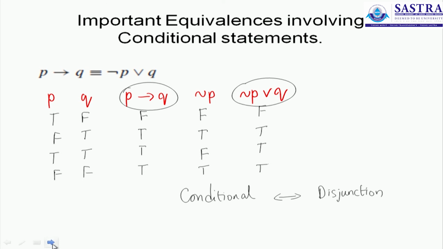So these properties will be used when we take up validating certain statements and arriving at certain statements as conclusions in theory of inference. So we have verified them now, so you don't have to worry whether they are right or wrong, and I have left a couple of them for you to solve on your own as an exercise. So all in all, we have learned how two compound statements can be equivalent and how to verify the